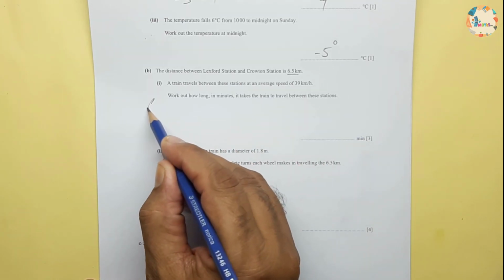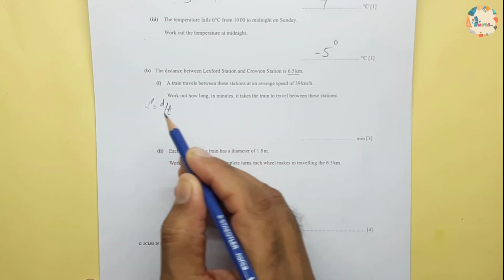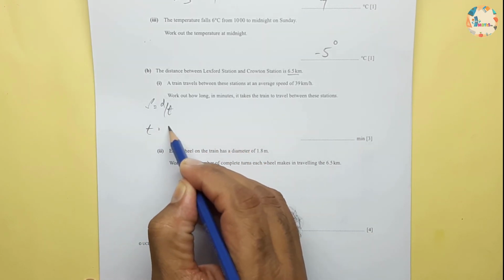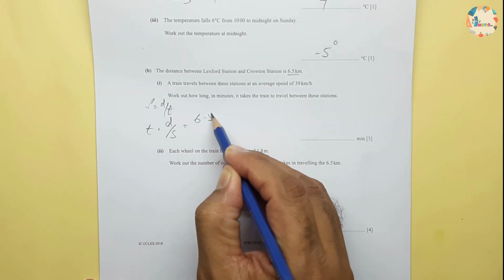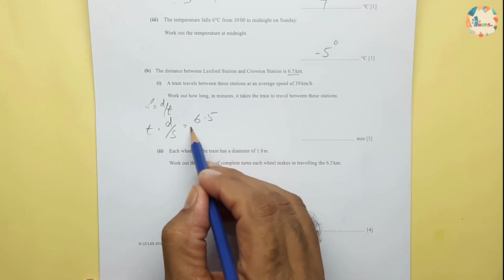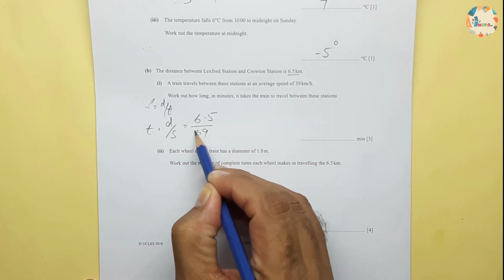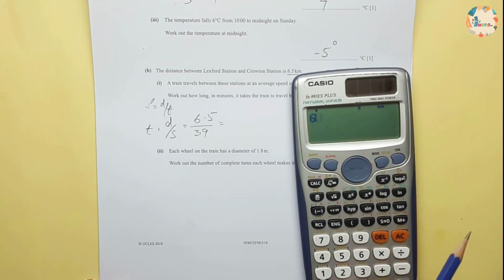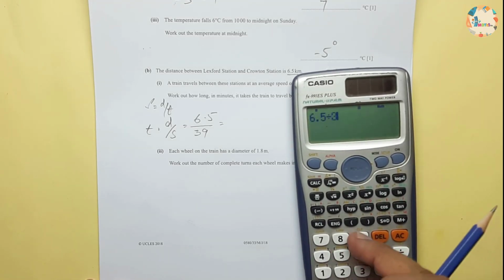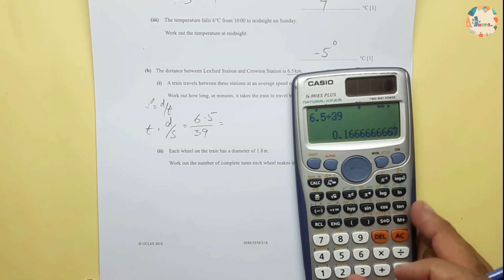So speed is equal to distance over time, and time will be equal to distance over speed. Distance is 6.5 kilometers and speed is 39. So 6.5 divided by 39, 6.5 divided by 39 will be equal to